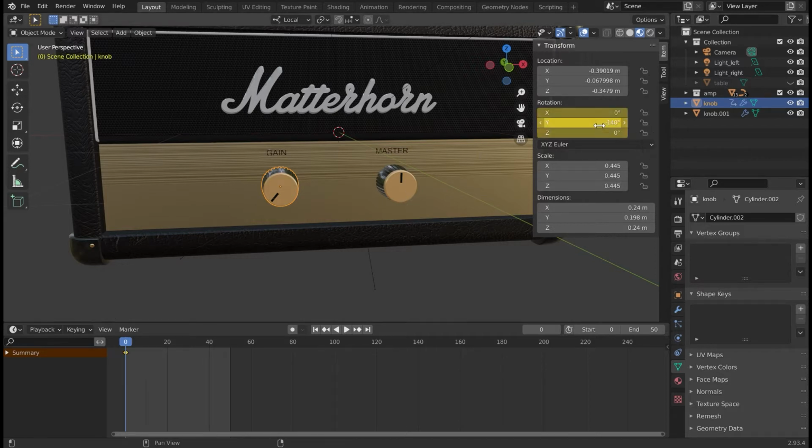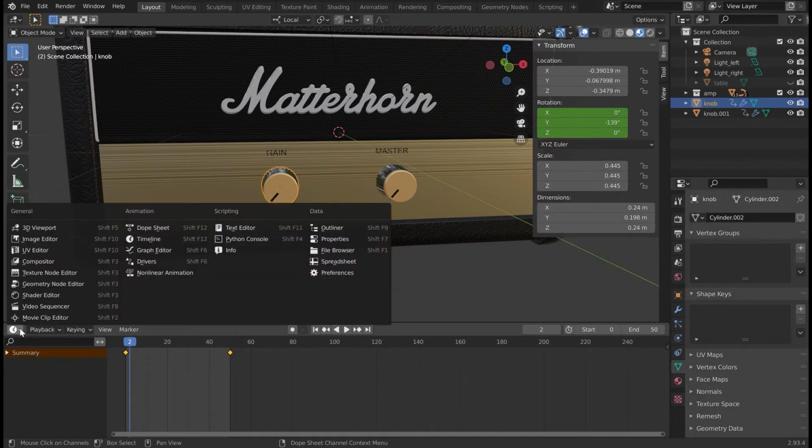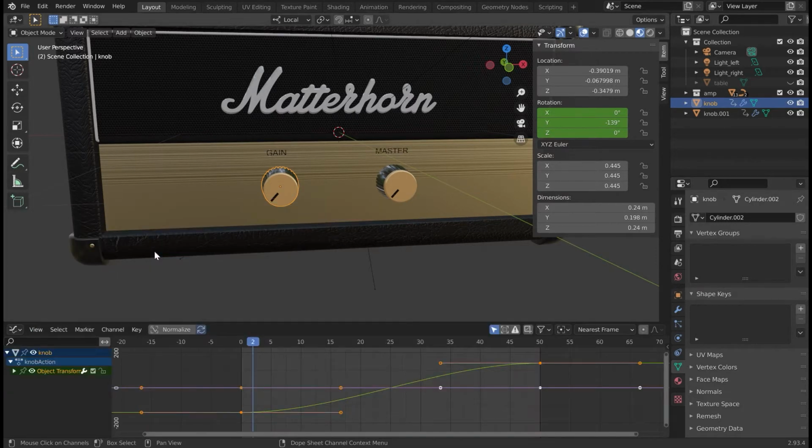Press the I key to insert a keyframe. Change to the graph editor, and set the transition curve to linear to remove the easing.